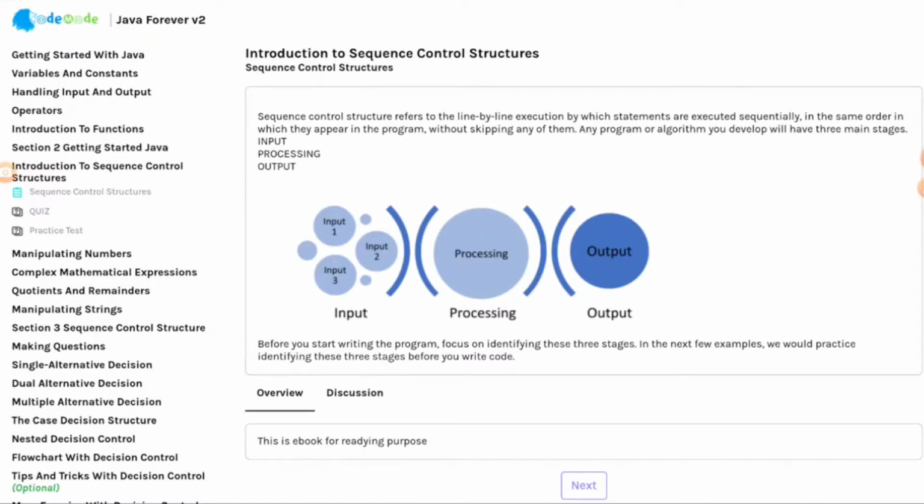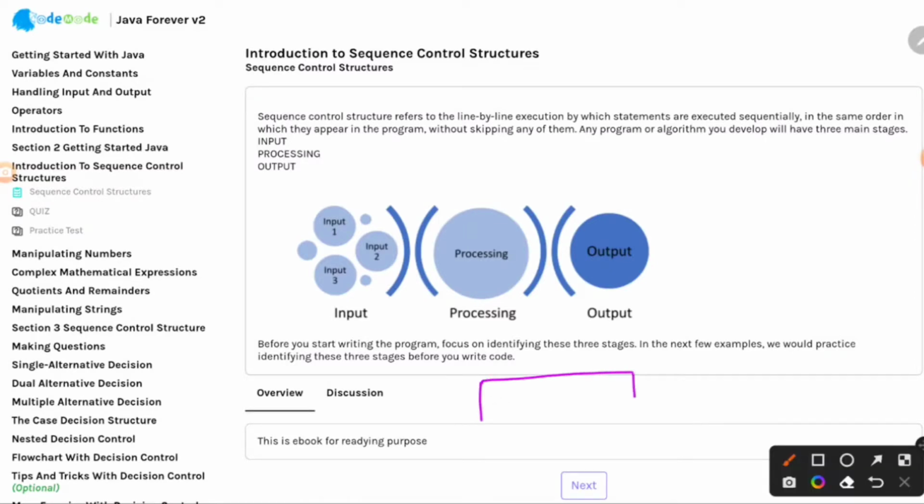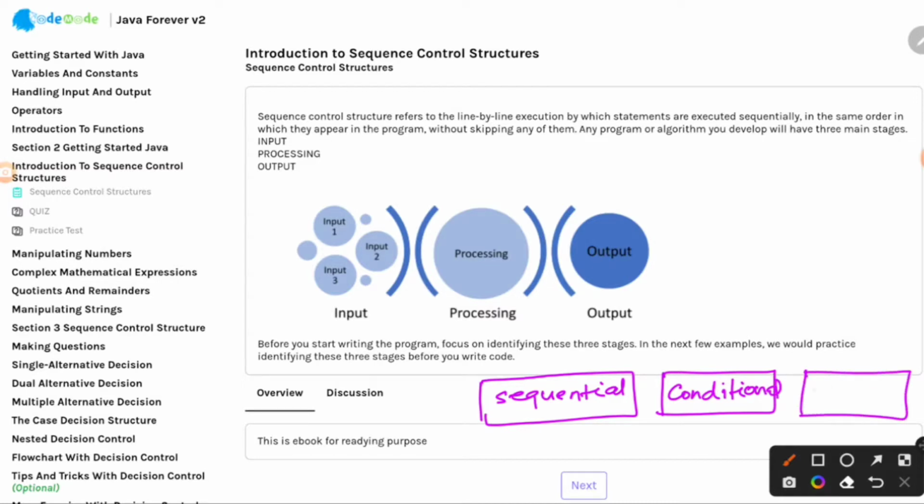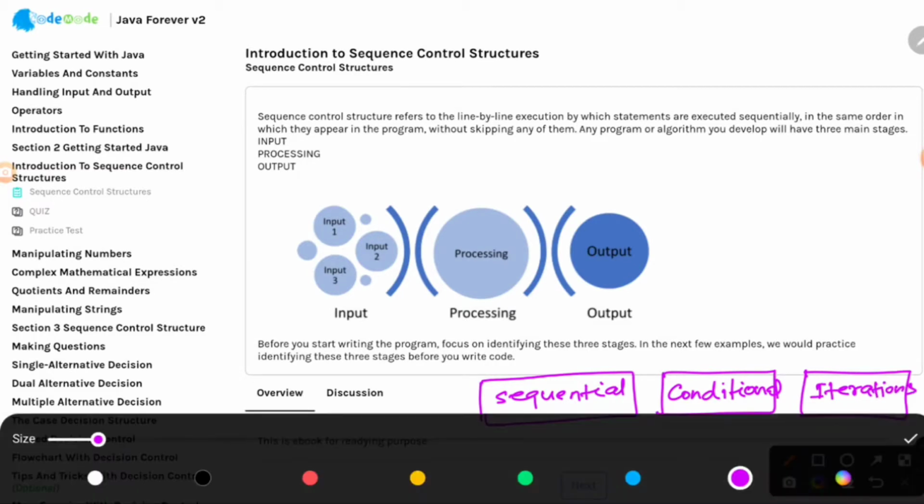At a high level, if you look at any Java program or for that matter any other programming language, there are three types of control structure a programming language has. What I refer to as the first one is sequential. The second one I refer to as conditional. That's the next unit. And later we will also look into what we call iteration, where we learn about loops and all that part. Our focus right now is on